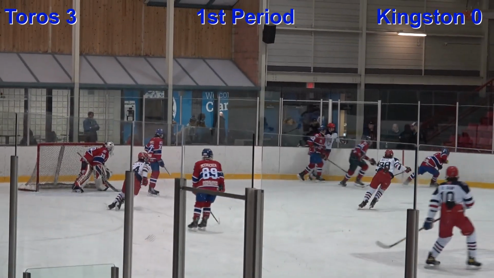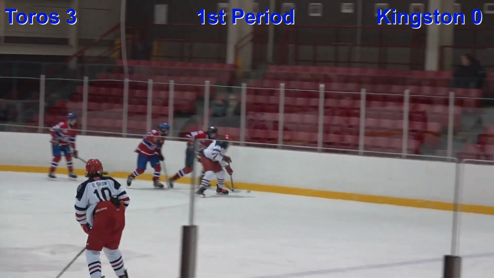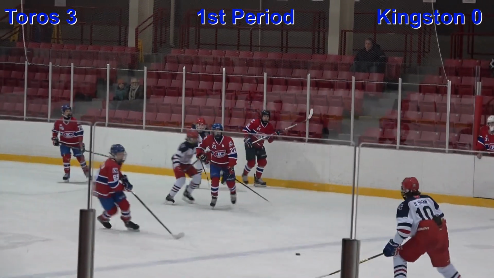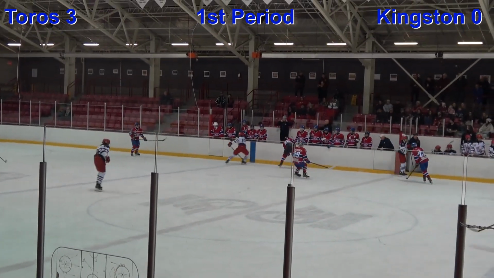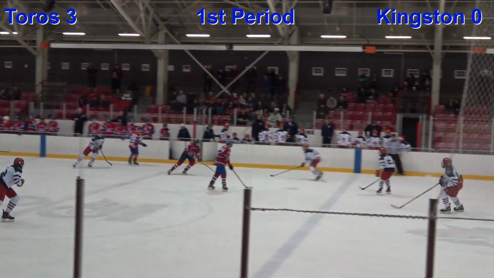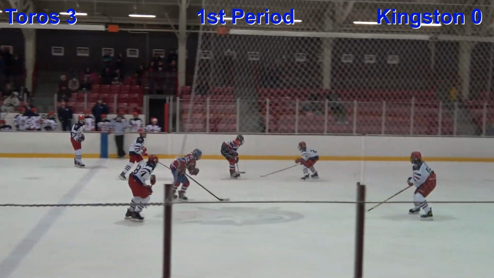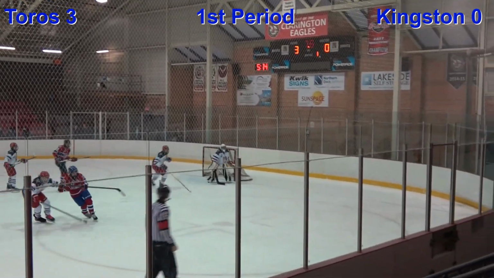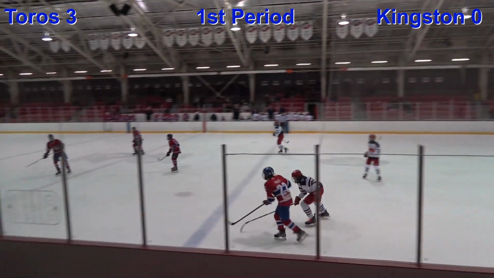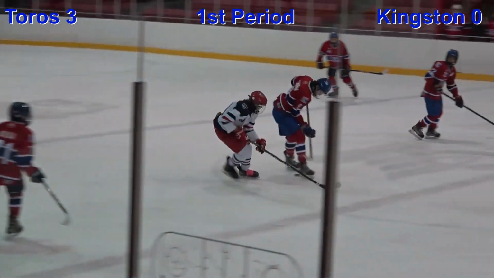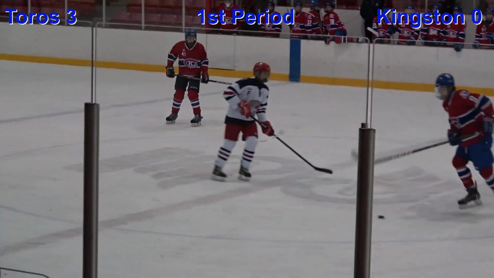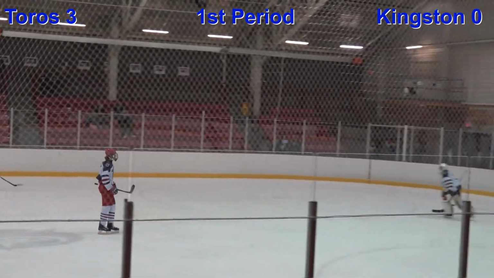Loses it there to Gardner, who can't set one up in front of the net. Over here with the side was Bishop trying to win the battle. Right back in, Gardner tried to tip it in. From their own end come Kingston. Up over the line for a shot on goal. It's going to whistle in wide past the glove hand. Bishop is racing after it here against Page as well. Bishop trying to stick to his man to knock him off the puck. That's going to do it for period number 1.